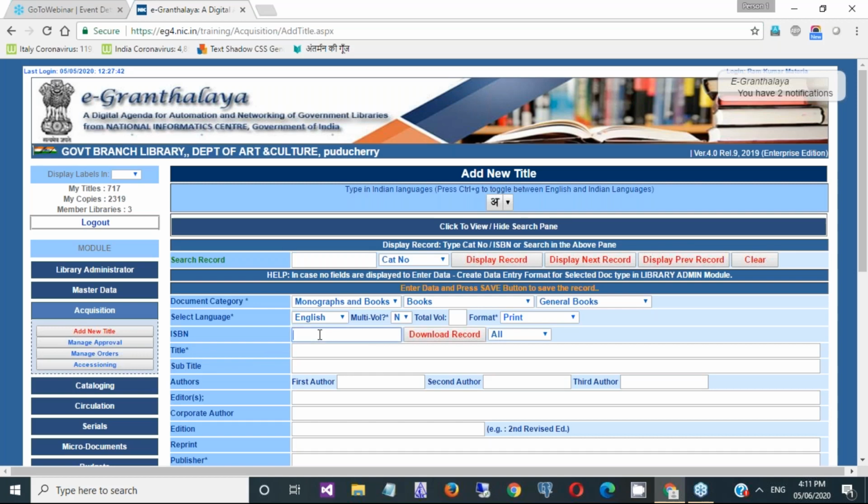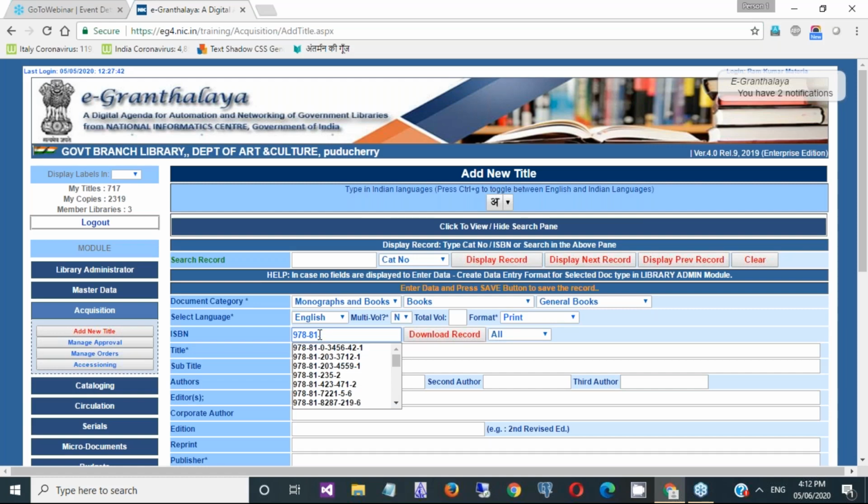We need to start by typing the ISBN number, which is generally given on the last page, back page, or inside page. The ISBN number is 978, and whatever is printed on the book, in the same way you need to enter it. 978-81, and you can see a lot of ISBN numbers already getting matched.